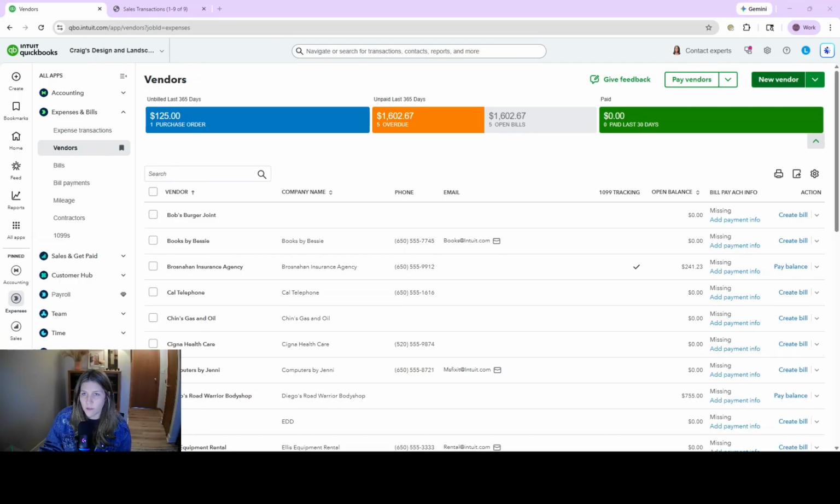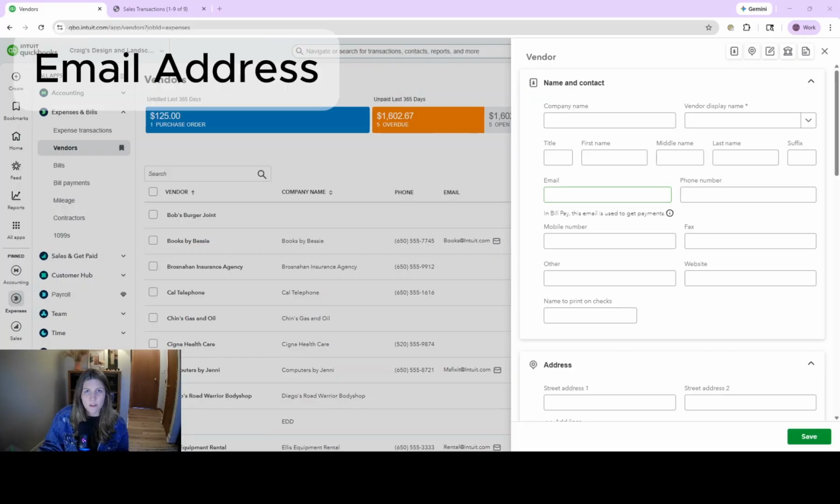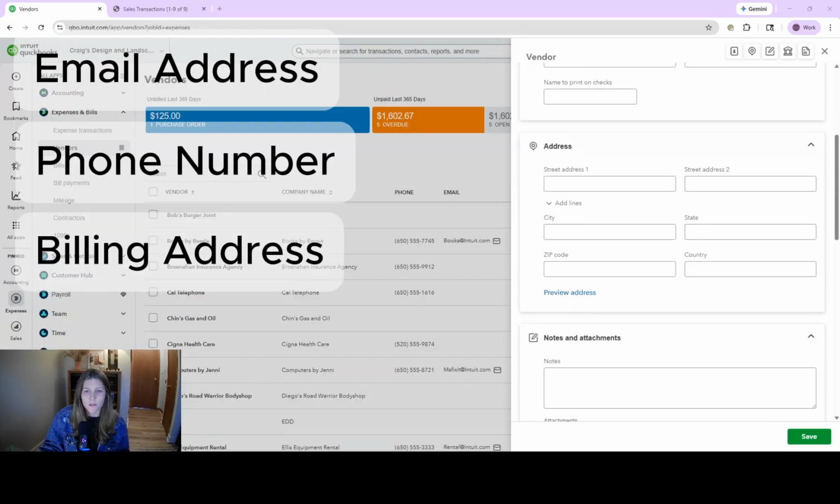To create a new vendor, we're going to click on new vendor. So first thing for a vendor is company name. Probably most of the time you're going to have a company name as opposed to an individual name for a vendor. Not necessarily, but most of the time. Again, at the very least, make sure you're entering an email address, a phone number, and then also the billing